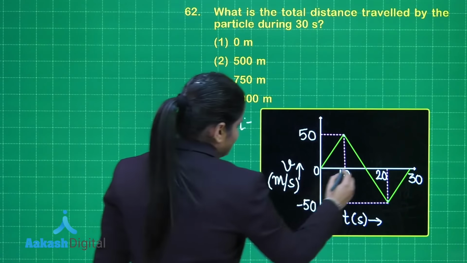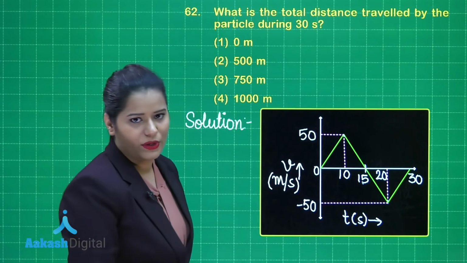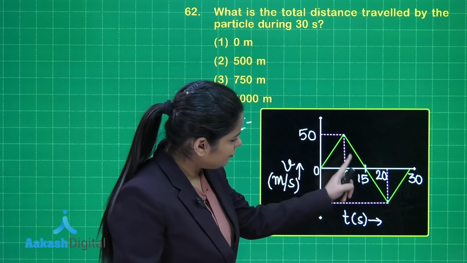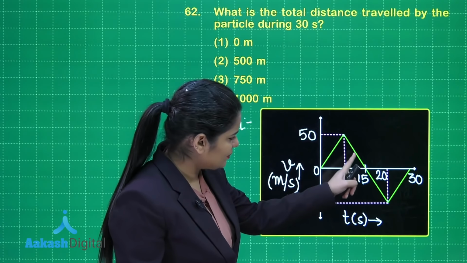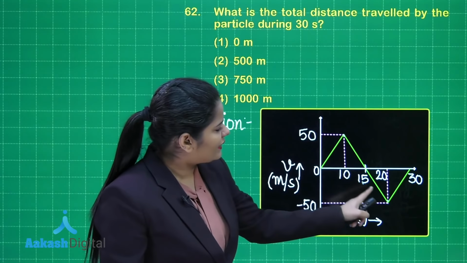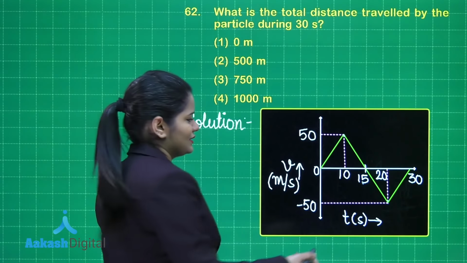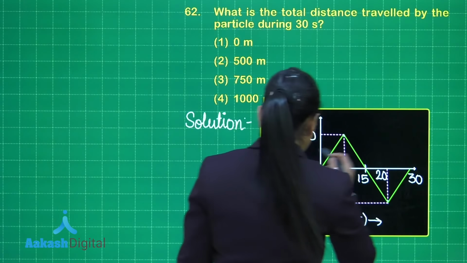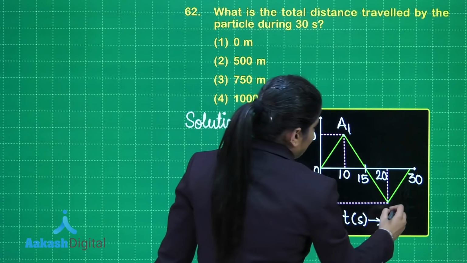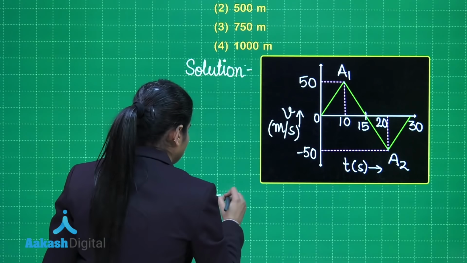Here this time instant is 15 seconds, which I calculated in the previous question, question number 61. For the very first time the particle's velocity becomes 0 at t equal to 15 seconds. You can simply calculate the area of these two triangles and add them up to calculate the total distance. If I say the area of this triangle is A1 and the area of this triangle is A2, I can write down the total distance